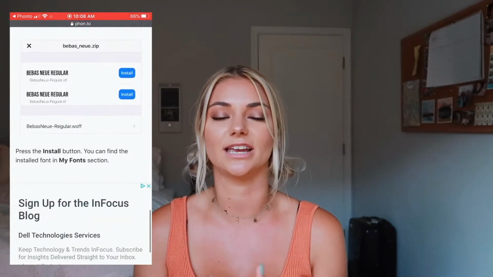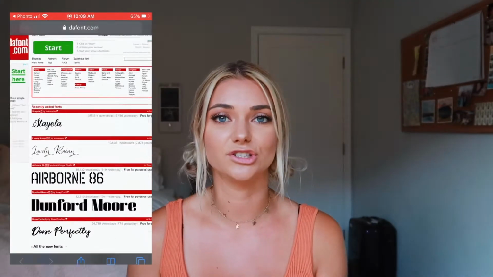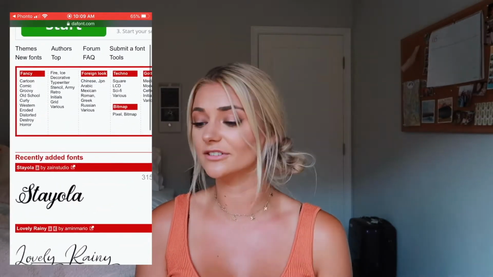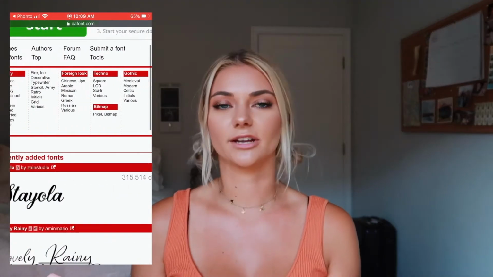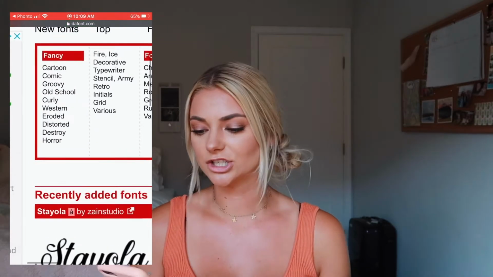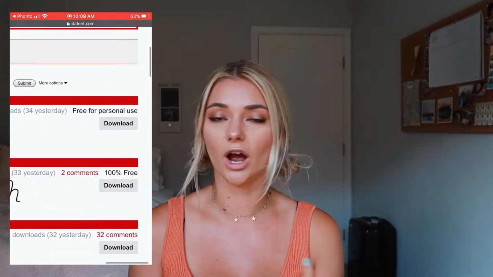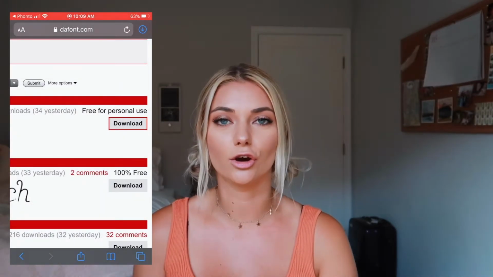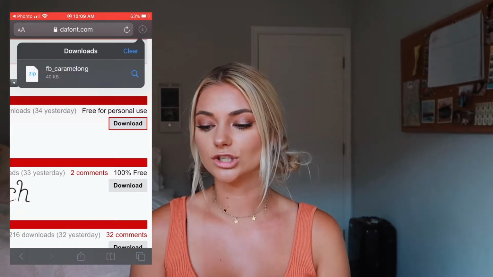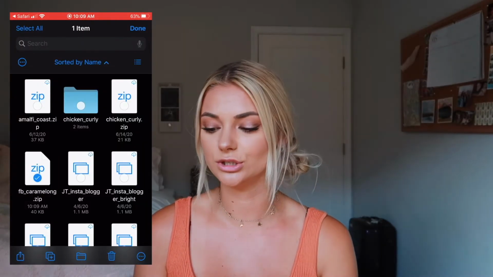But you want to go to a site, dafont.com, and once you go to that, all you have to do is look up whatever font you want. They've got different kinds. As you can see, they have different themed ones. If you want that particular one, again, it's called Keep on Truckin', but I just hit curly, just to give an example, and then pick out whichever one you want, hit download, and then once you download it, you want to hit that little arrow on your phone. So once you go up to that, you want to click on it, and then you want to select it and basically import it to Fonto.